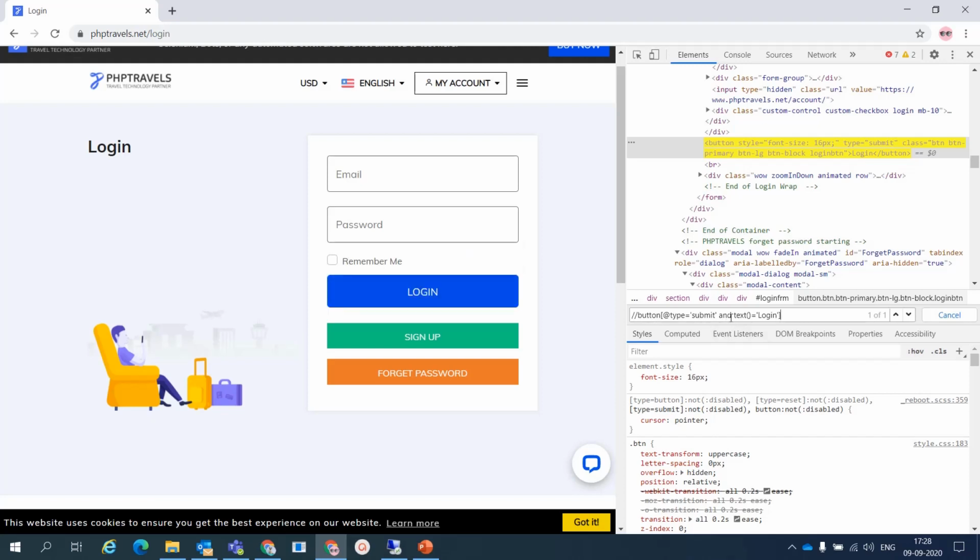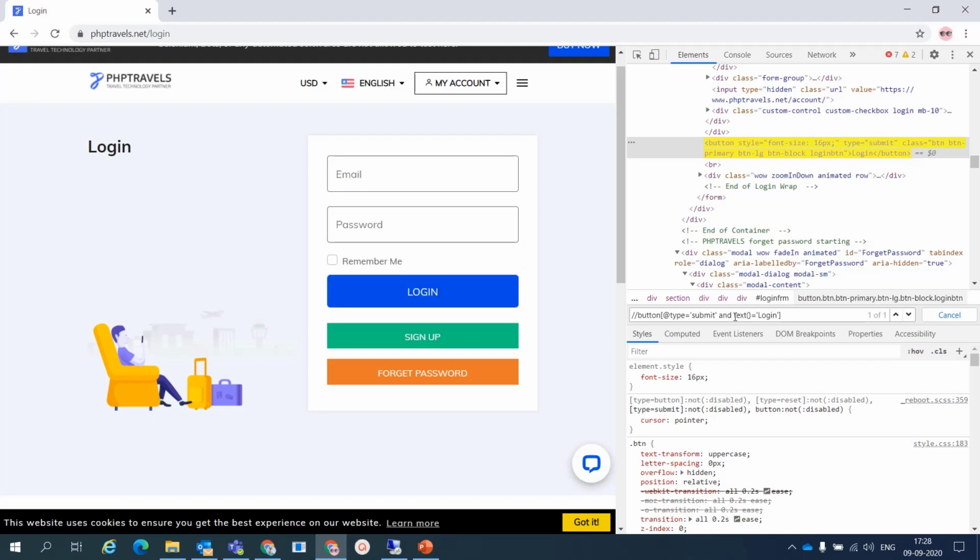Or you can use or here, but if you type or, it is going to check only the first condition, not the second condition. That's why I use and here. So it will give us the XPath of the element satisfying both our conditions, whose type is submit and which contains the text login.